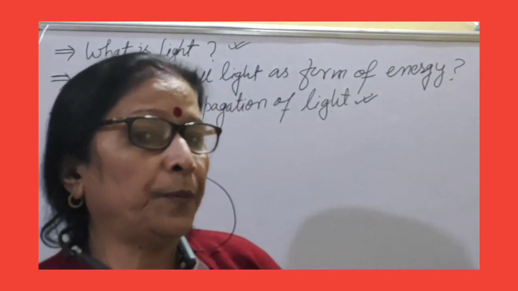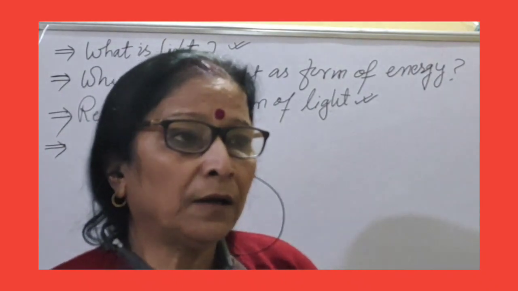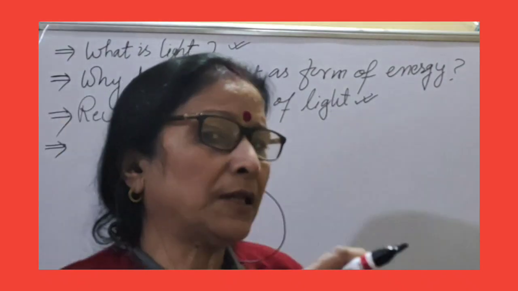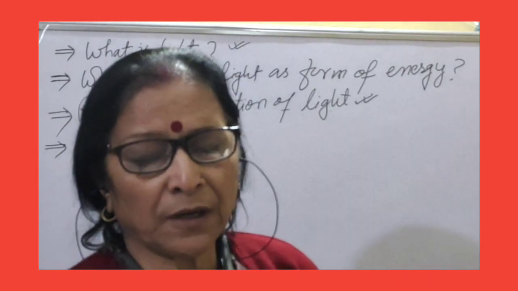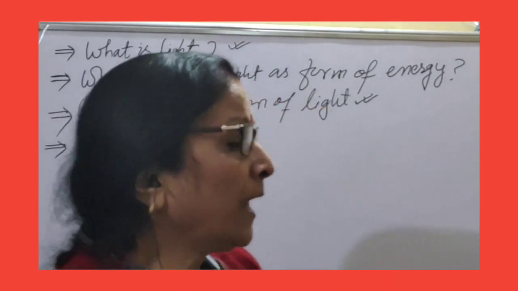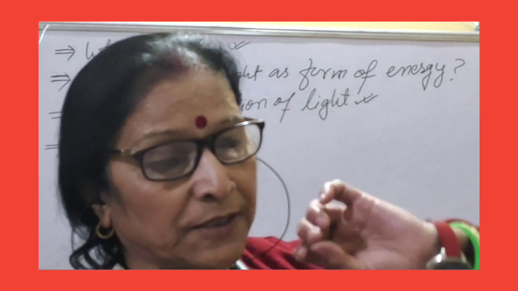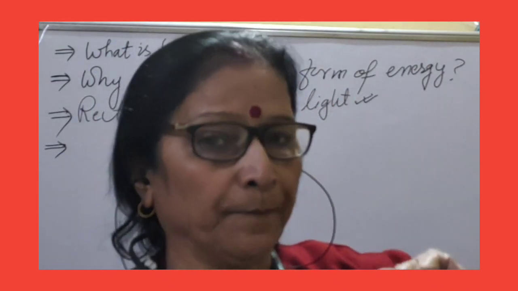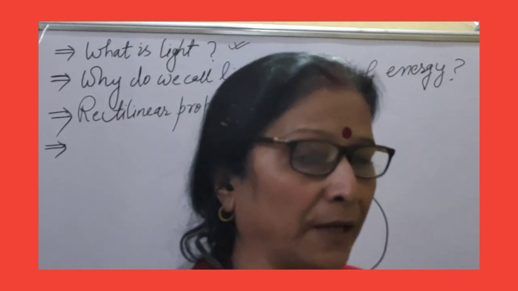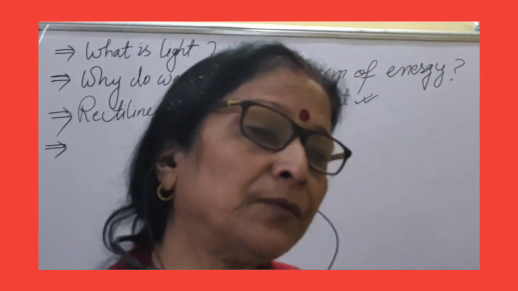Children, all the opaque objects reflect the light back. When light strikes any opaque surface, whether it is a mirror or a wall or anything, light bounces back from that surface, and that phenomenon is known as reflection of light. Like if we throw a ball on the wall, the ball will bounce back. The same thing happens with light also. Although we don't see that light is bouncing back, it happens with all the things